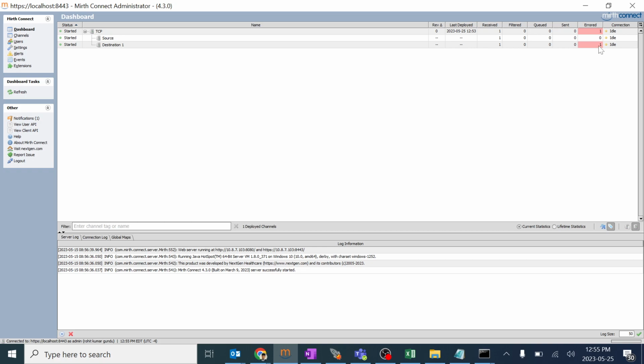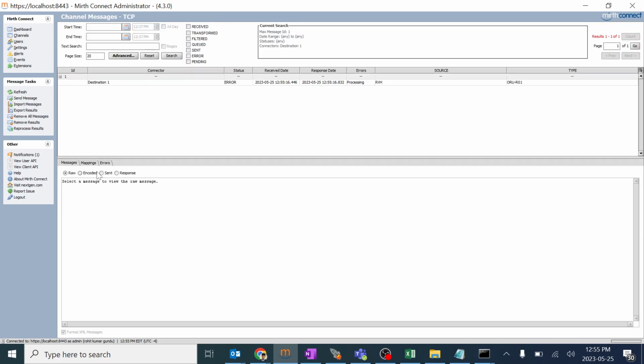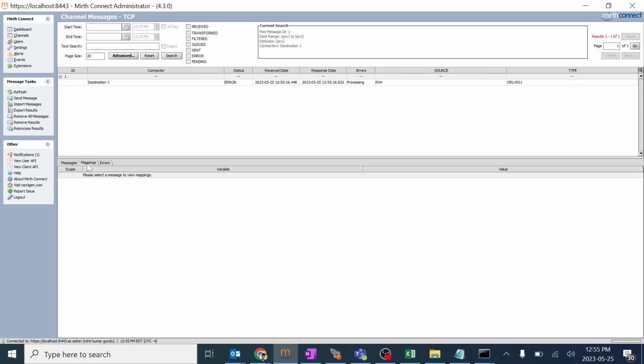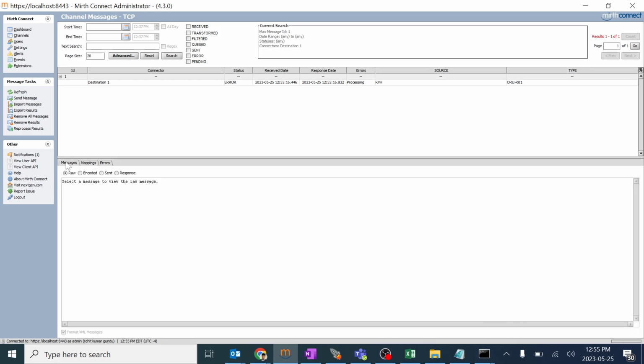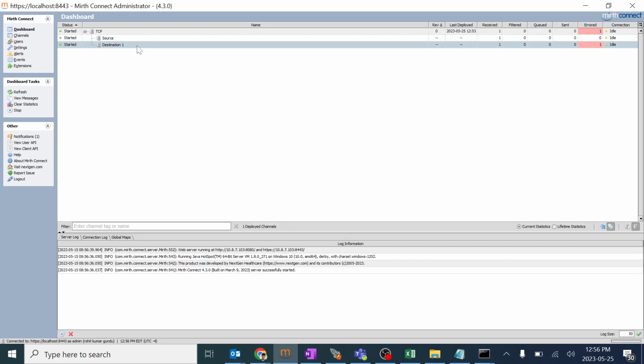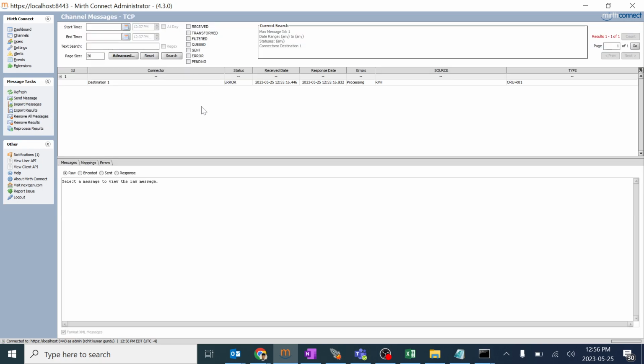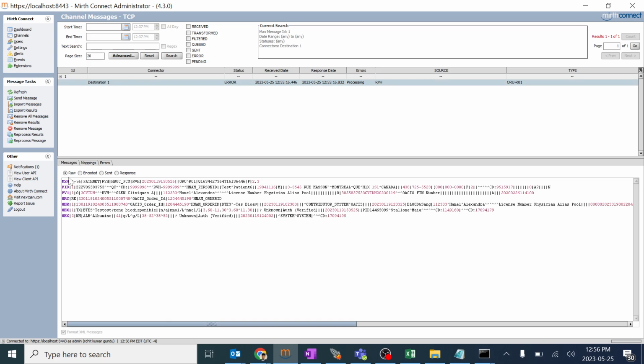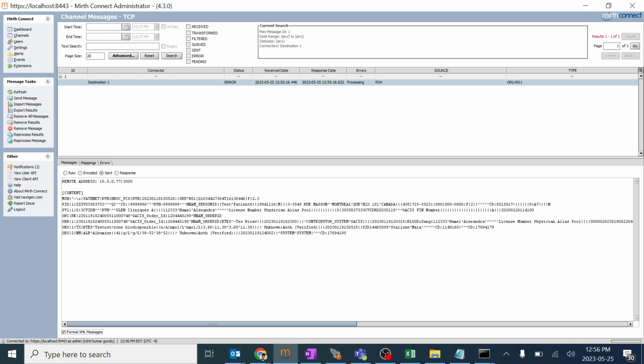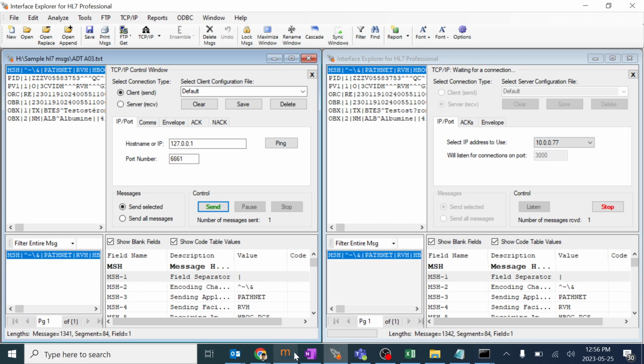We can go ahead and check the error, and it should mostly say something about the HL7 error. In order to identify the error, just click on the destination or whatever it is. Click on this message. You can see this is the raw message which we have sent. This is the encoded one. As we haven't done any translation or anything, the encoded one is also the same as the raw message. And this is the remote address which we have sent to, which is nothing but this address, and this